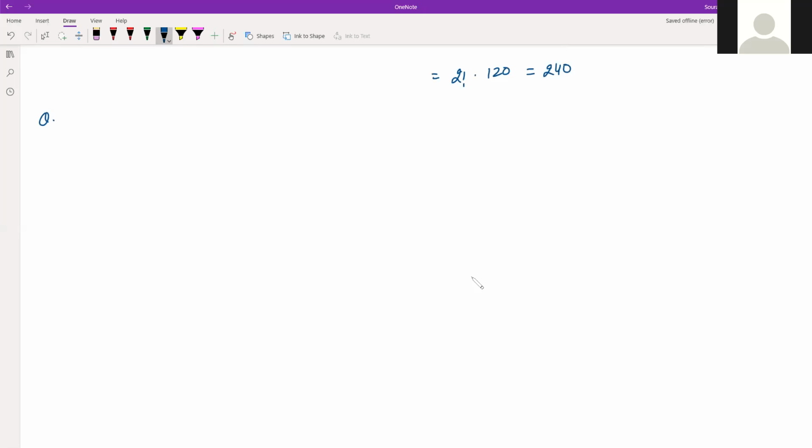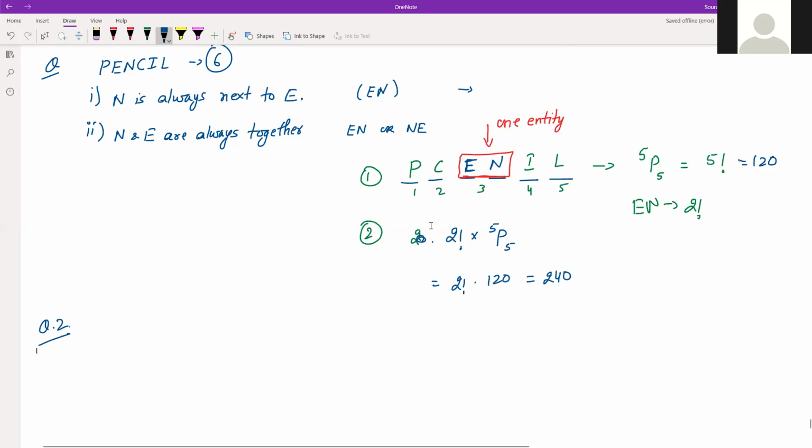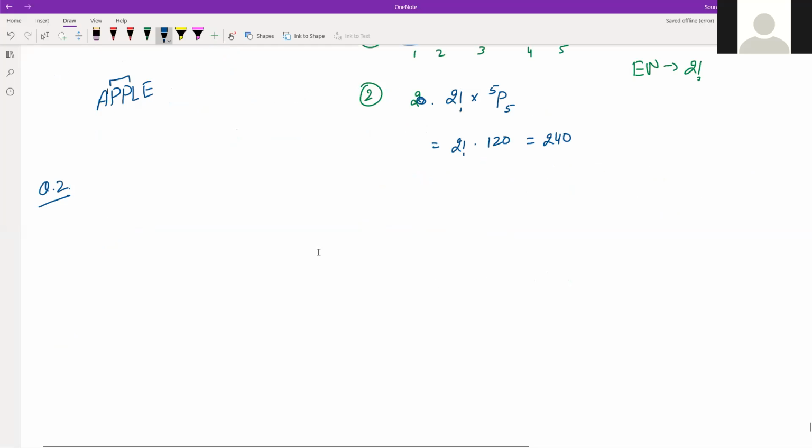Sir, I had a doubt. It's the same kind of question, arranging the letters, but the word is APPLE. We'll come to that when the letters are repeated. It's actually very simple, but I'll touch that topic when it comes. That will again increase the complexity, so we are going step by step.